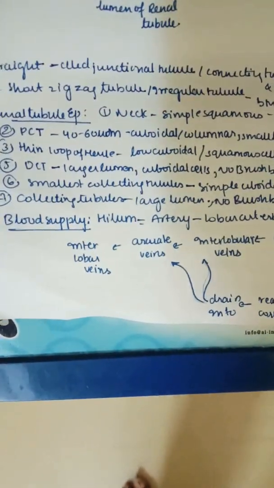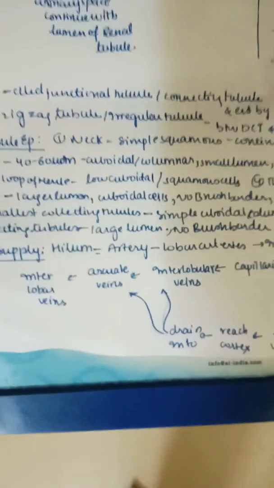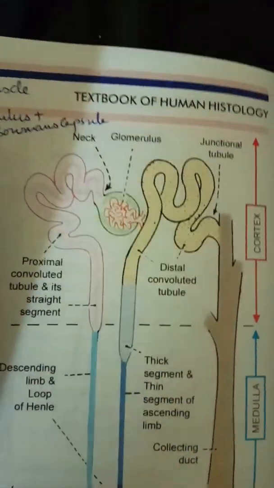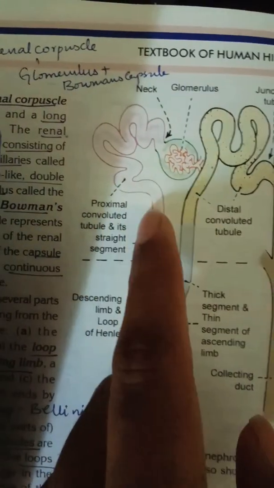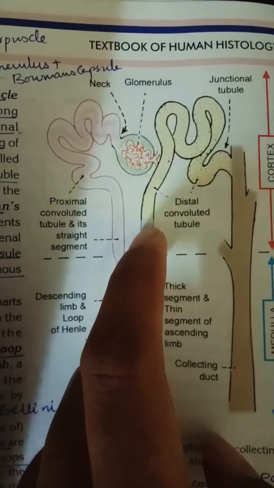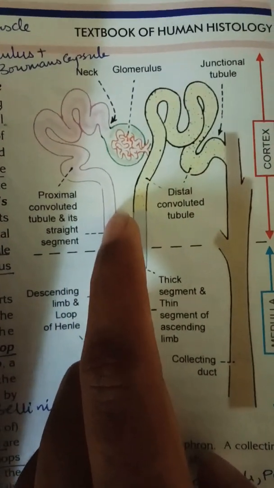Yeah, right. And next let us see the renal tubule epithelium. The neck is covered by simple squamous epithelium, which is continuous with the glomerular capsule. Here I can see the neck, which is lined by simple squamous epithelium, and the PCT is lined by cuboidal or columnar cells. It has a small lumen, a brush border can be seen, and it has central nuclei, which are mainly euchromatic.